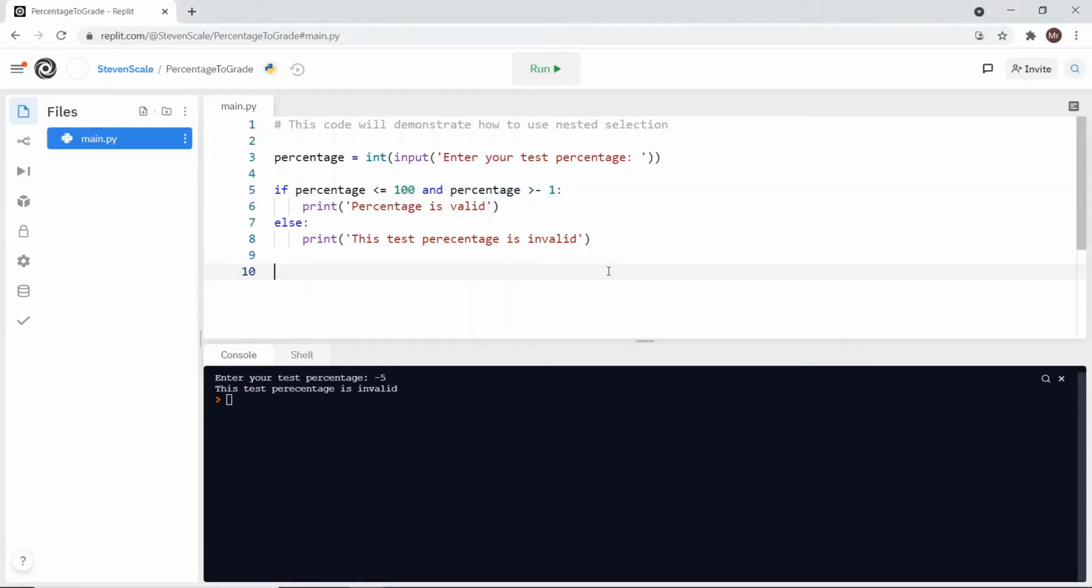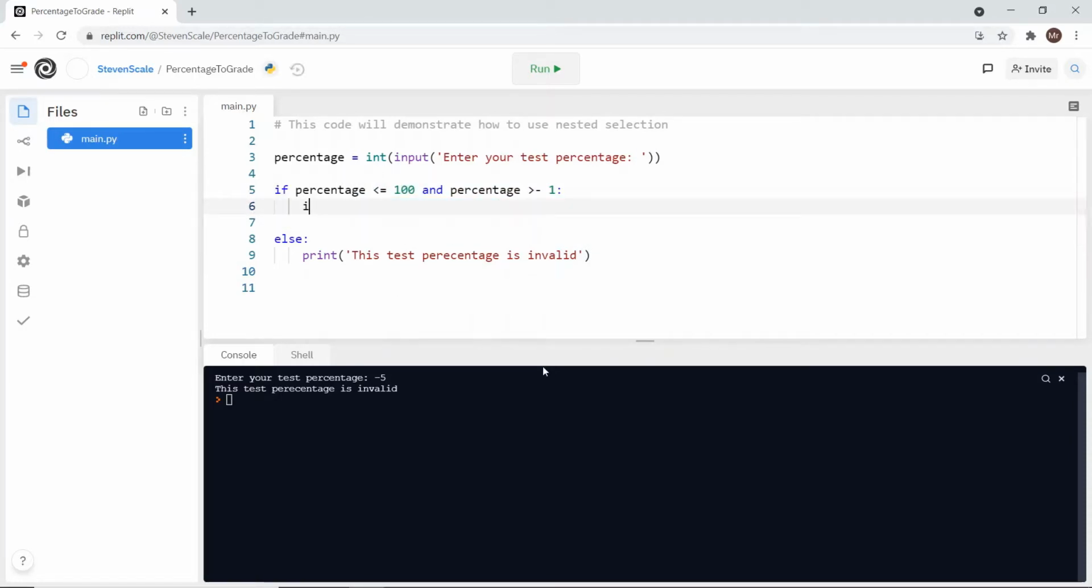What I'm now going to do is add to the code so that it can actually return a percentage value for me as a grade. So I'm going to remove the statement about printing, and I'm going to use a new if statement. So if the percentage is greater